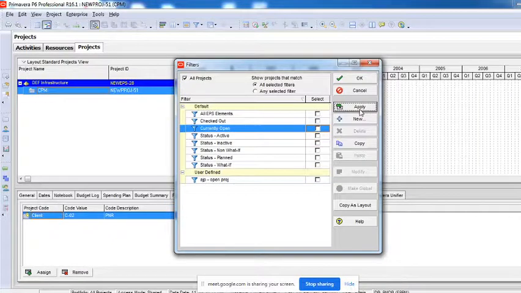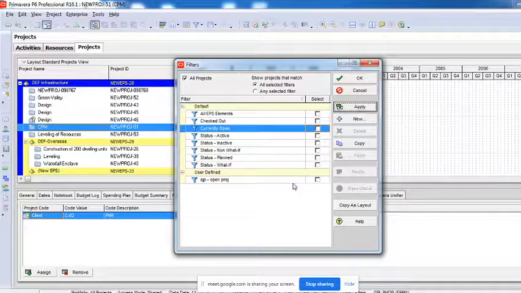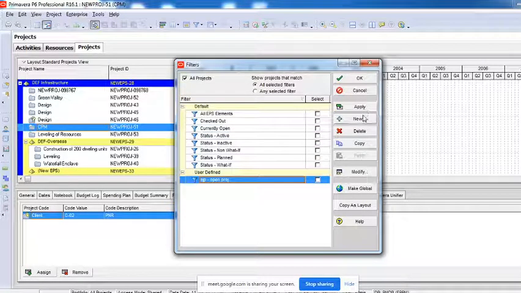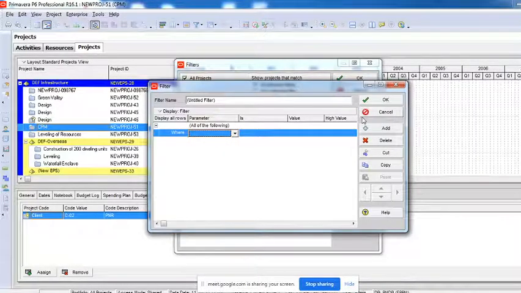But if you want to create anything new, again the same thing. You will have to click on this and then say Create New, that is Add New here, and then you can create as much as you want. Right, so you can click on Add.